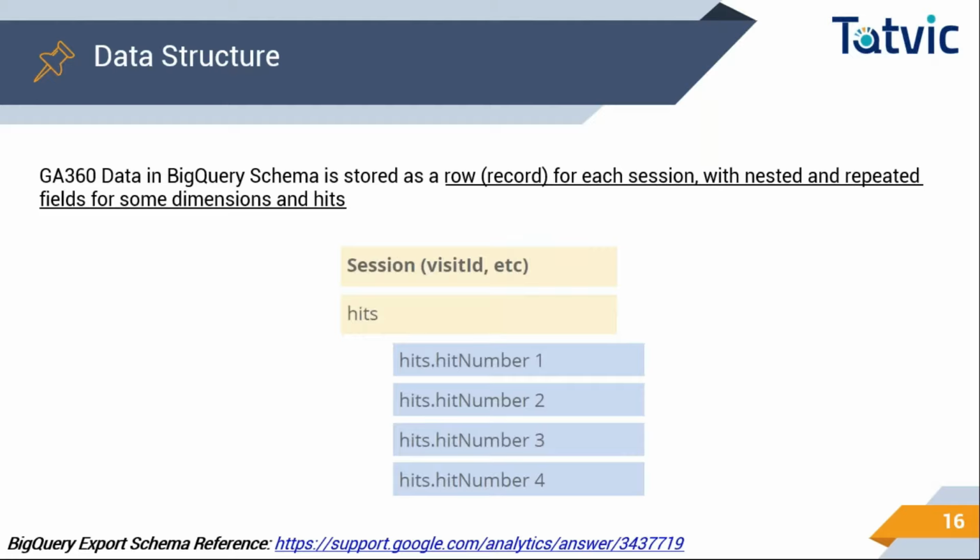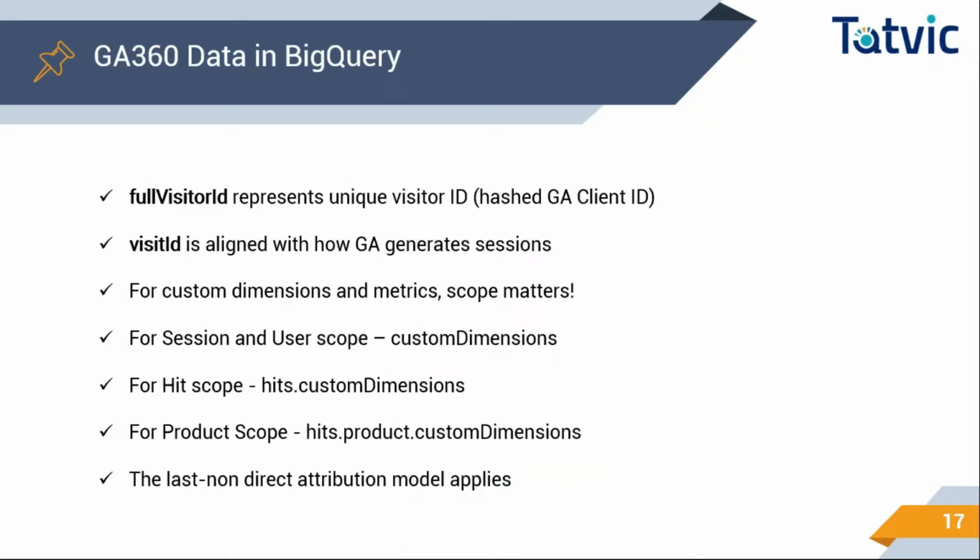We will also take you back to the schema during the hands-on exercise, so that whenever we write any query or anything, and if we need any information about the field names, we can always refer to the export schema, which is available publicly. A few pointers about the way data is stored in BigQuery for Google Analytics again.